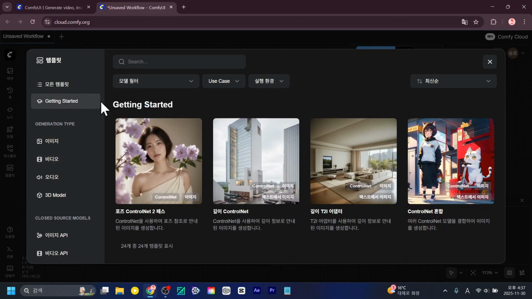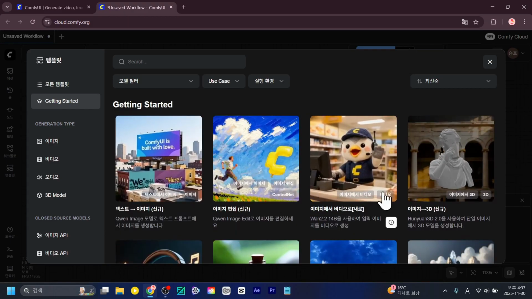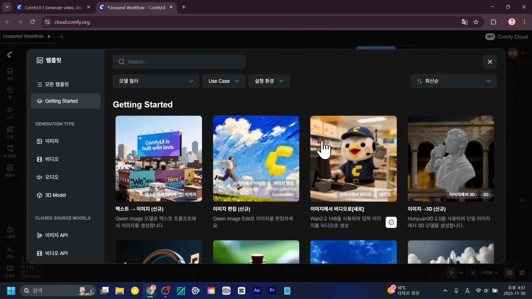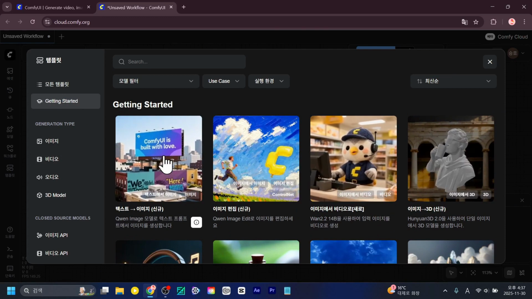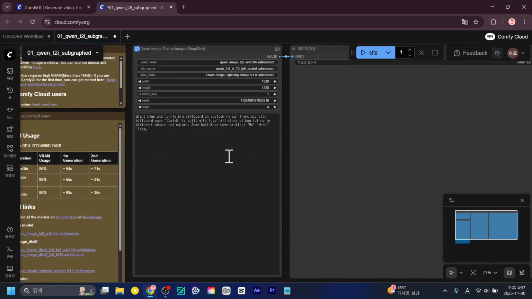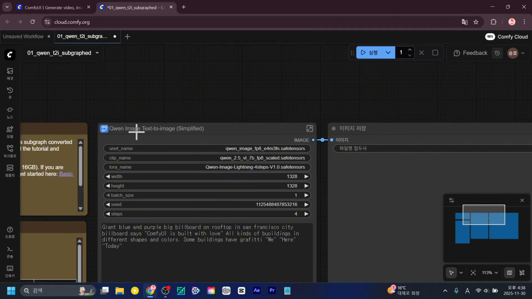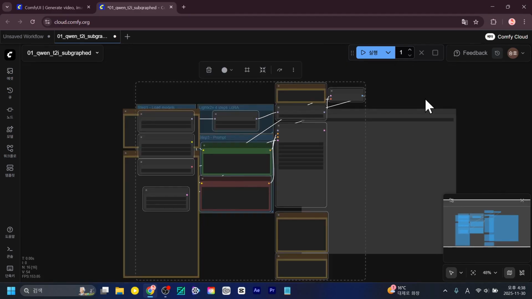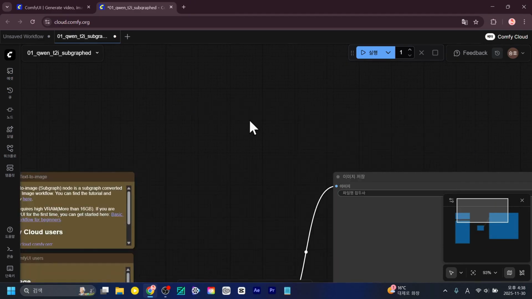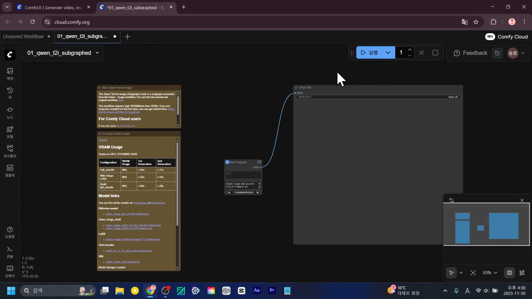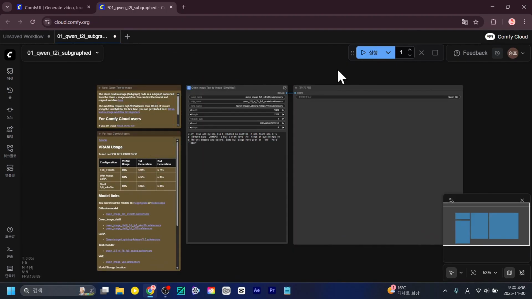I'll start by selecting Getting Started first. Here, let's first try out the new text-to-image model and then the image-to-video feature, these two. We're going to try using the Qwen image model, and when you select the template, it will pop up like this. Looking at this node, it seems to be hidden, but if you reveal it like this, you'll see that the nodes are connected in a rather complex way. You can group them again like this. This way you can arrange it to make it easier for yourself to see, and if you press Ctrl+Z, everything moves back to its original position.